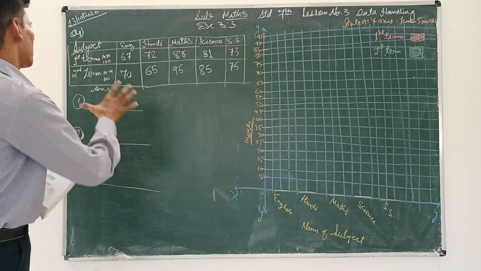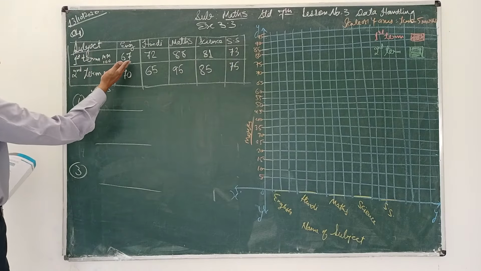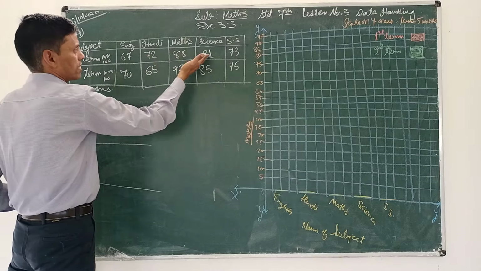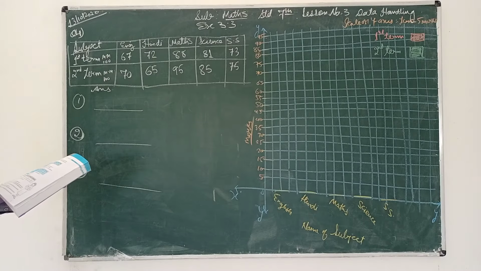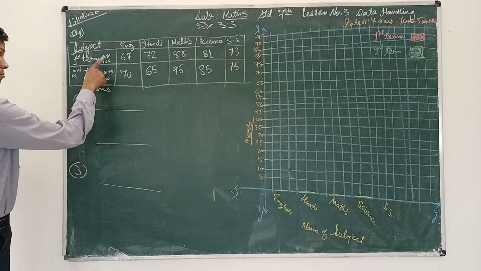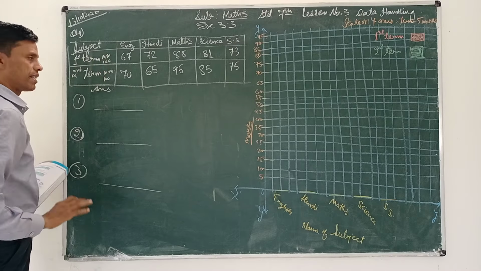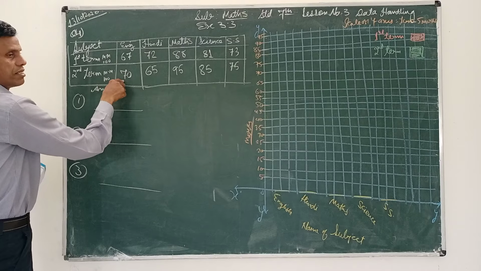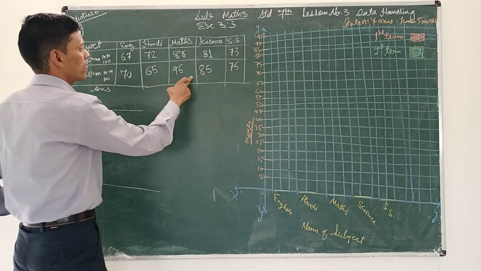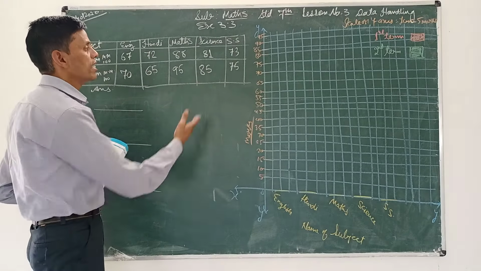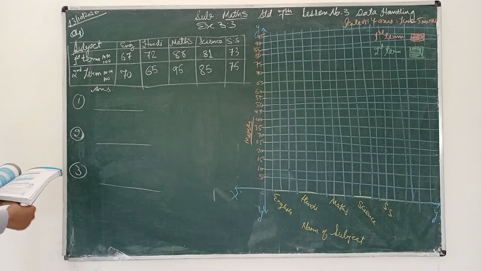How will we present this? Here, the table shows your subjects. Marks in English, Hindi, Maths, Science, and SS in the first term are 67, 72, 88, 81, and 73 respectively. In term 2, the maximum marks is 100; the exam paper was for a total of 100 marks. In the second term, in English the student is getting 70, in Hindi 65, in Maths 95, in Science 85, and 75 in SS. Some questions are given that you can see after plotting.